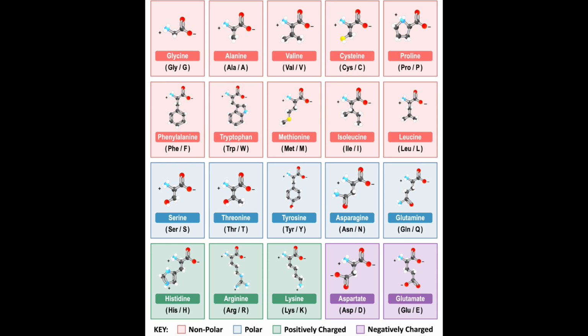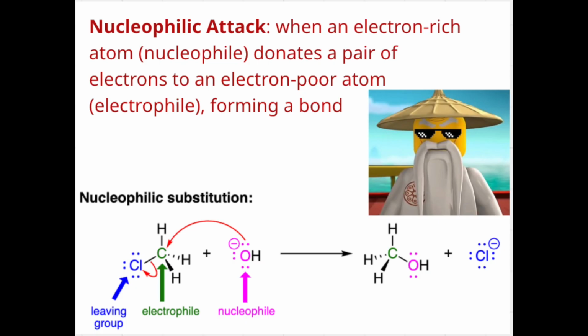It's biochemistry's starter pack. In order to link two amino acids, we need a special chemical move, the nucleophilic attack. Nucleophilic substitution is when an electron-rich atom, or nucleophile, donates a pair of electrons to an electron-poor atom, or electrophile, forming a bond. The nitrogen in the amino group of one amino acid goes full ninja, attacking the carbonyl carbon